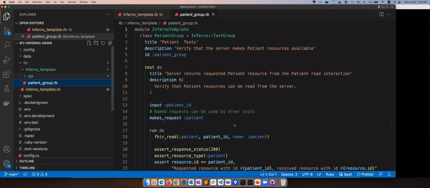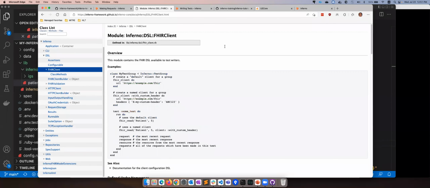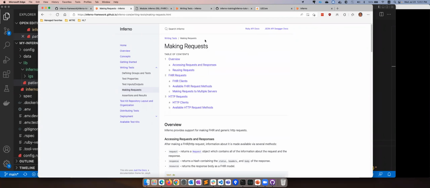And let's see how you do a FHIR read. Instead of saying HTTP get URL, content header, etc., you can simply say fhir_read: what is the resource, what is the ID, and how you want to name the interaction. I'm going to show this a little bit later, but since you asked, also if you want to learn more about that, say in the section on making requests,